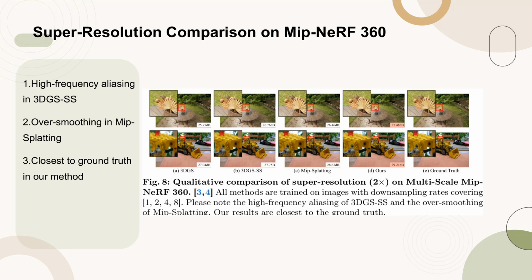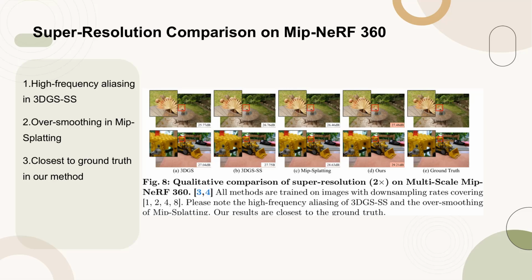Notably, 3DGS and 3DGS-SS exhibit significant artifacts at low resolutions, particularly on elongated shapes like wheels and flower stems. Conversely, MIP-splatting results in oversmoothing, evident in the loss of detail in areas such as lobes. Our method, however, demonstrates superior performance in preserving details and reducing artifacts, making it a more effective solution for complex